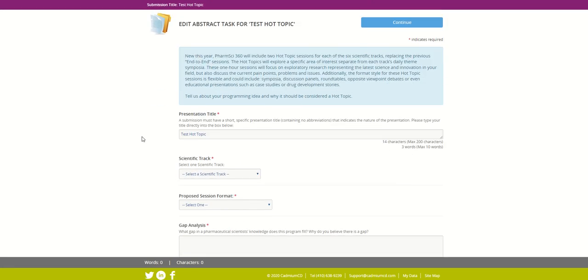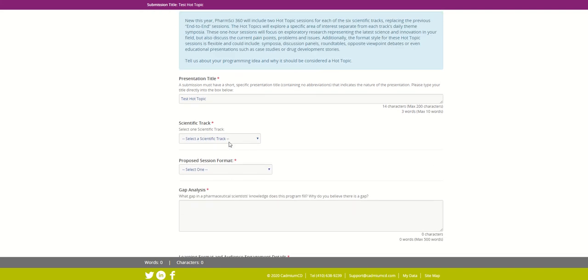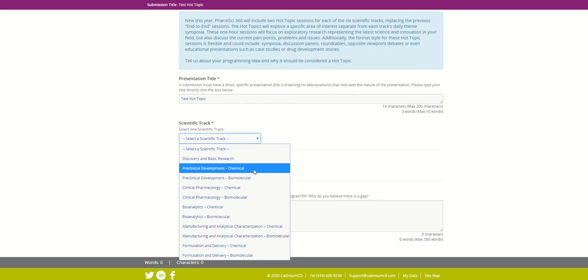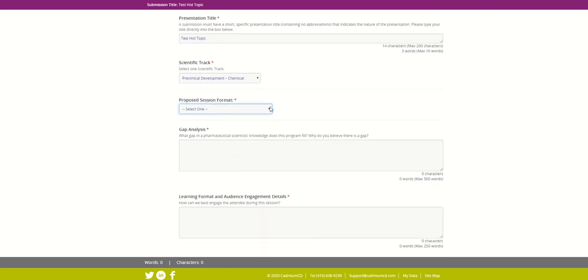In the abstract, you'll see that there's some information about the hot topic sessions, and it's not tied to any themes. So when you pick your scientific track, you're basically just picking, let's say, preclinical development or clinical, and what you have is now various options on how you would do this session format. One is a symposia. You could do 2 talks basically. Another one is a case study